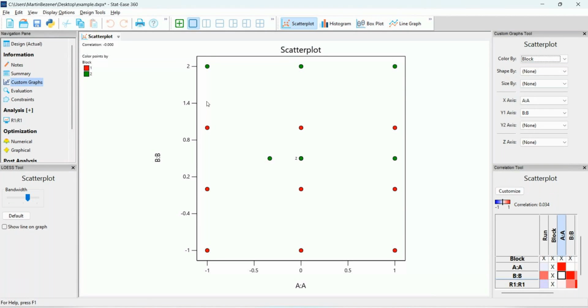And you can see that the green ones are the new runs that were added, and the red run was the original DOE here. Now you can see that, for example, you might get a point here that might be a little strange. Likely that's a lack of fit point, okay? Which is why I don't love adding lack of fit points when I'm augmenting, and then there's the replicate that was done here. It was done along that